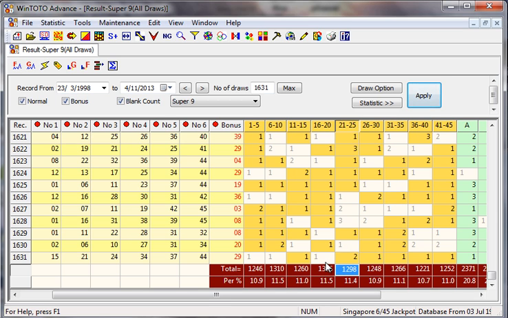Okay, so now if you can see here, for 1 to 10, a very good chance of at least 2 from here. I think 16 to 20 we expect at least 1, and 21 to 25 to be 1 or 2. So again, these 3 groups of numbers: 1 to 5, 6 to 10, 16 to 20, and then 21 to 25. So please take note of this.